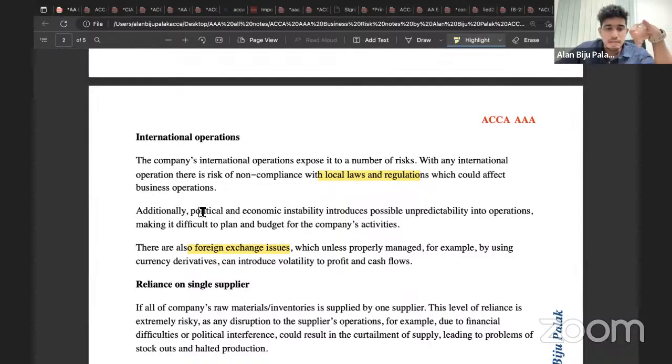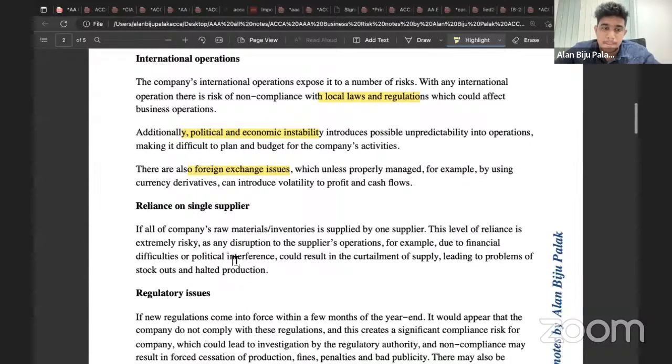Number 2, political and economic instability in the overseas market. And number 3, foreign exchange issues. Clear? Yes, sir. And as I already mentioned, if it's mentioned that the company is getting all of their